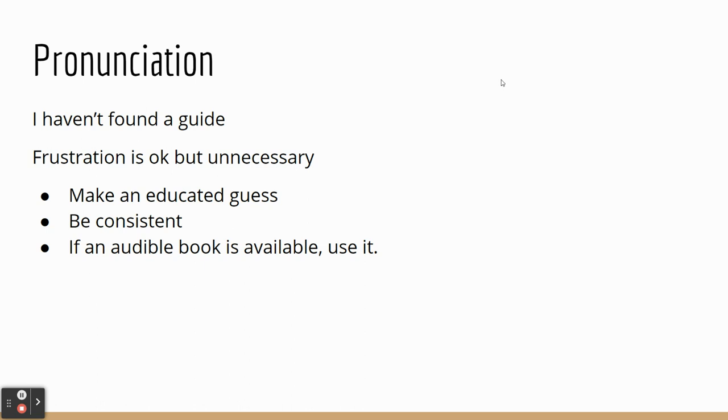If you are reading aloud, I believe it is important to get everything correct. If you are reading to yourself and you don't know how to pronounce the name, make an educated guess. Be consistent. Whenever you see the name come up, use the same pronunciation in your head as you go. If you have an Audible book available, use it. I know that there's an Audible version